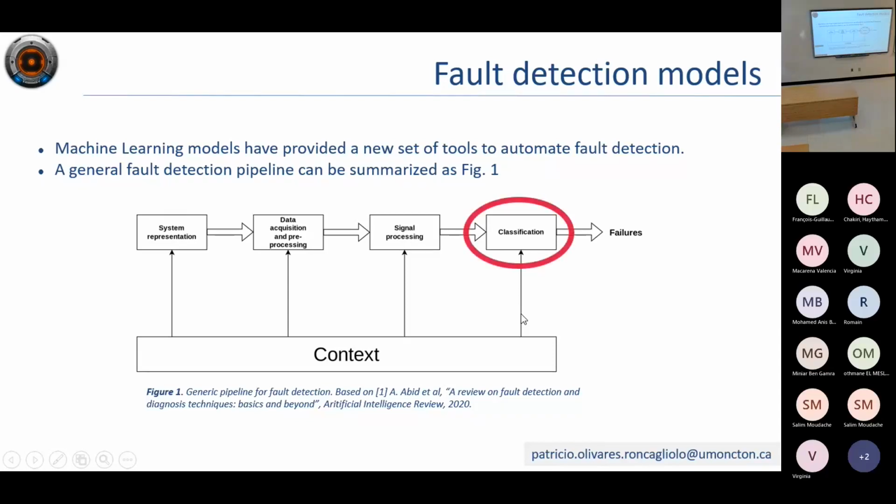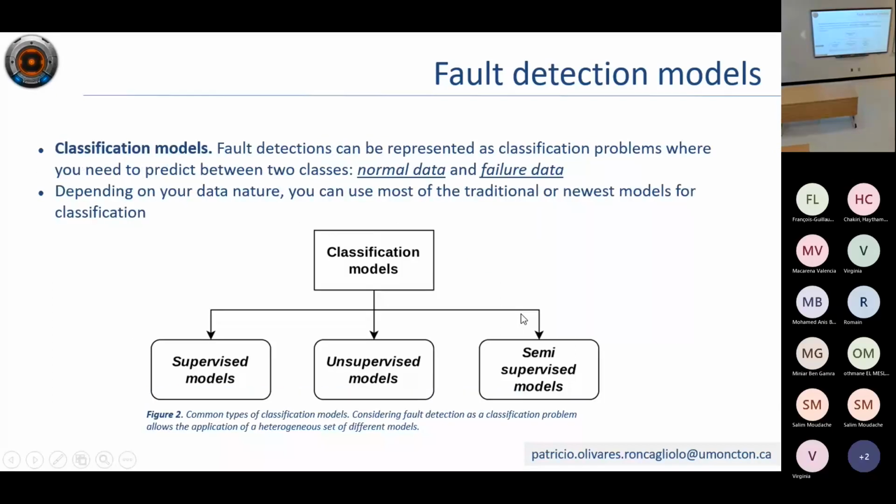Why a classification system? You can translate any fault detection system in a classification system, if you think about it as the following: the idea here is you can represent any fault detection problem as a classification of at least two classes. So the normal data will be one, and the failure data will be another. Of course, you can disaggregate this failure data class in multiple different classes, and you can extend this system in a multi-class problem. Okay, so that of course will depend on what are the failures that you are trying to